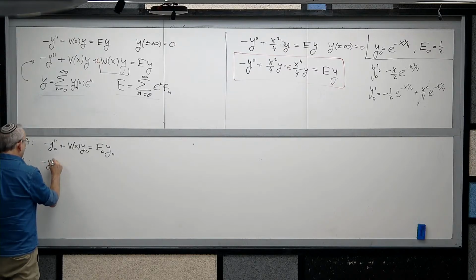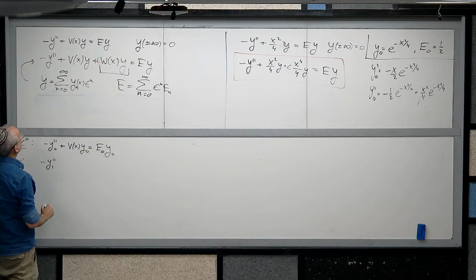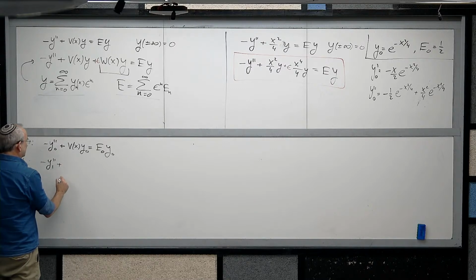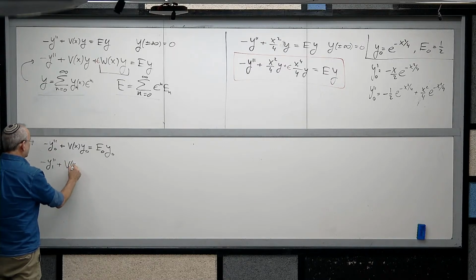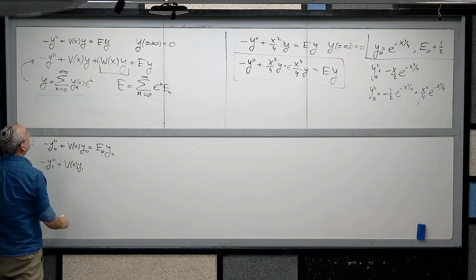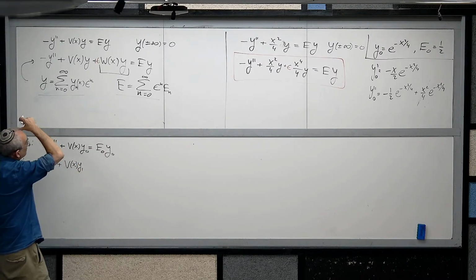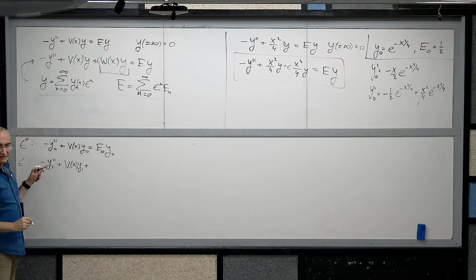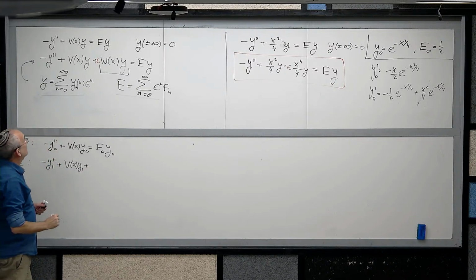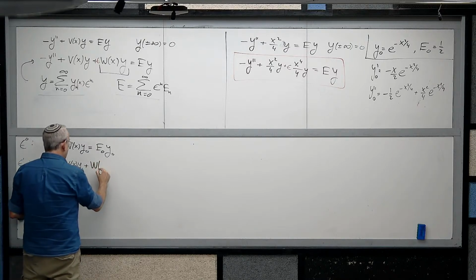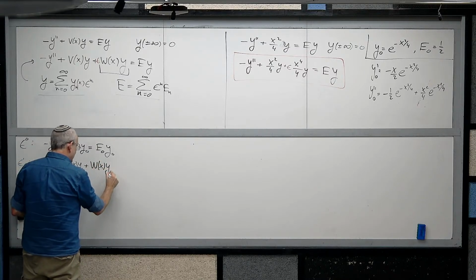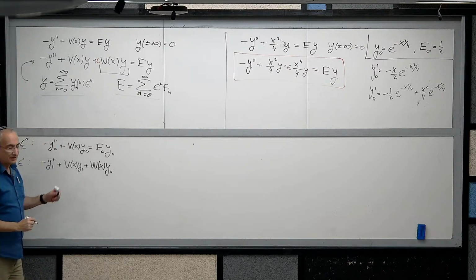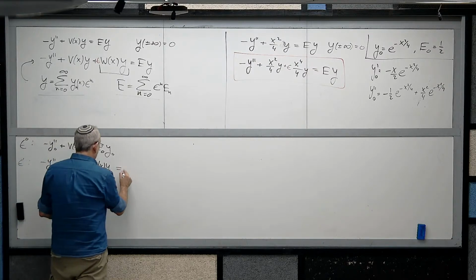Minus y1 double prime, plus v of x times y1, good. Plus w of x times y naught. Equals, is equal to